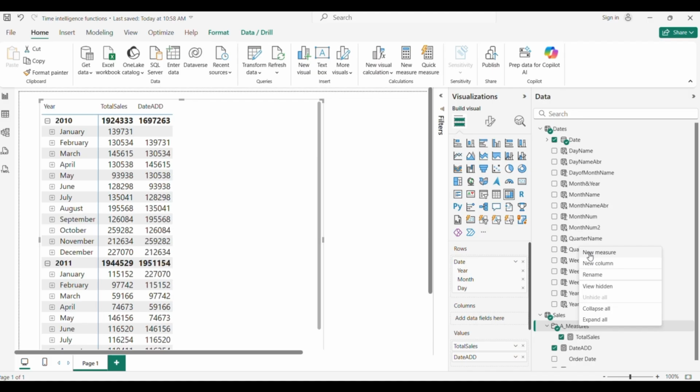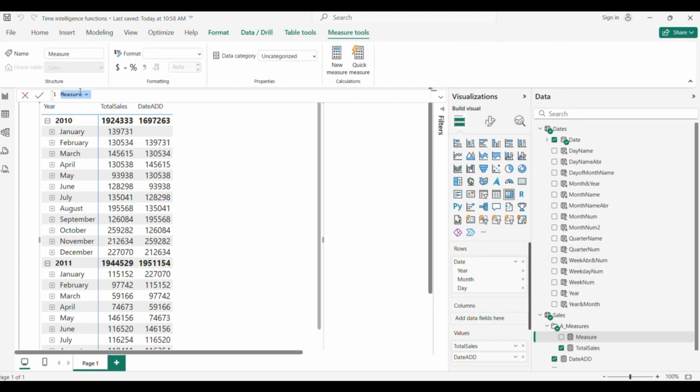So you just make a measure and name it percentage change to previous month.